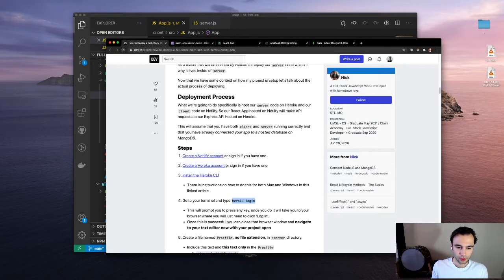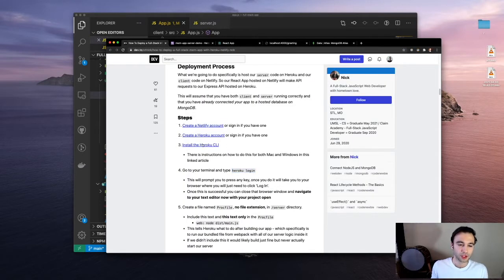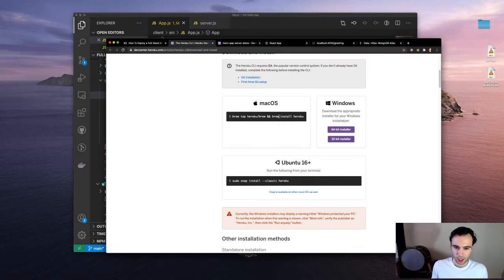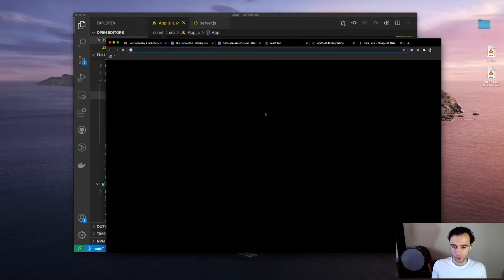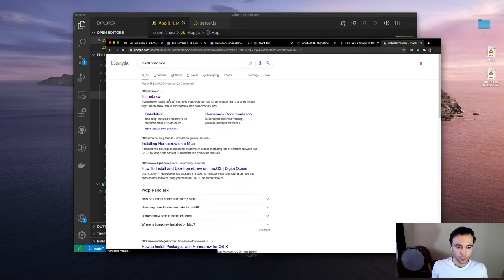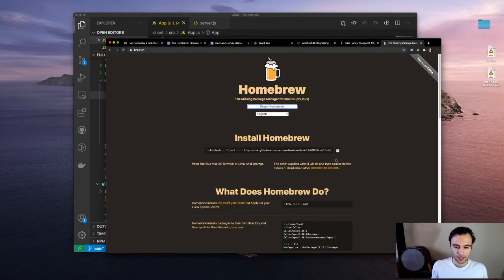Yeah, back to this article. Heroku login. So sorry, the next thing, install the Heroku command line. For Mac, you just have this Homebrew, as long as you have Homebrew as well. Otherwise, you have to install Homebrew, and you'll come here and run this